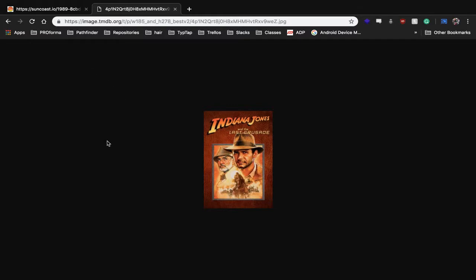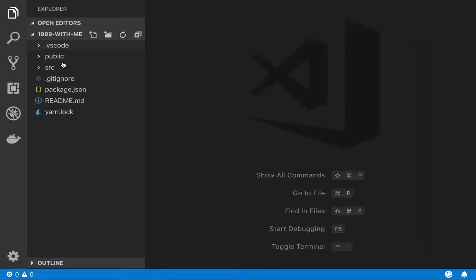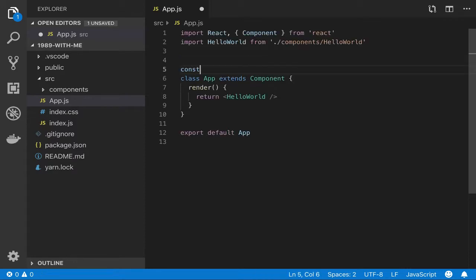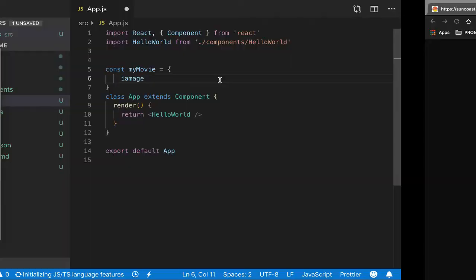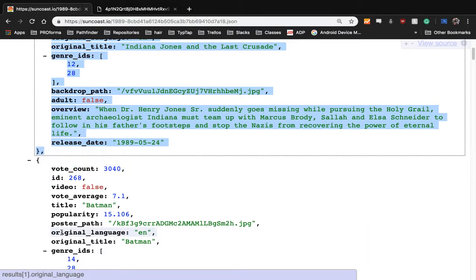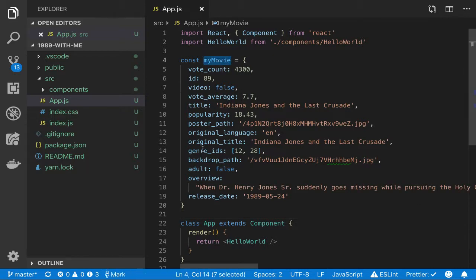So to actually do this inside of the React app, to see how that works out, I just come over here to my app real fast, and I go const myMovie equals some object. It has an image URL. So here's my movie. And then down here,